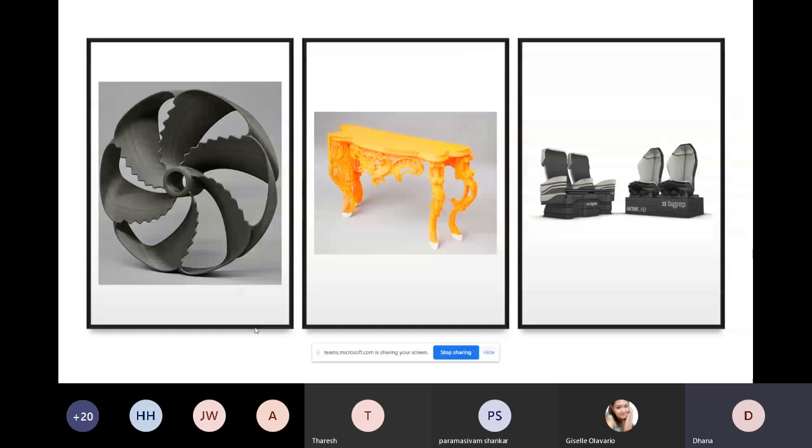So the application is vast. When you consider additive manufacturing, the application and material range is vast. It always depends on the creative minds, how creatively you are thinking and how creatively you are implementing. And it can be used in the signage industry as well. You can use it for printing capital letters, or on the exterior signage industry to print models related to signage. It's also the current trend.